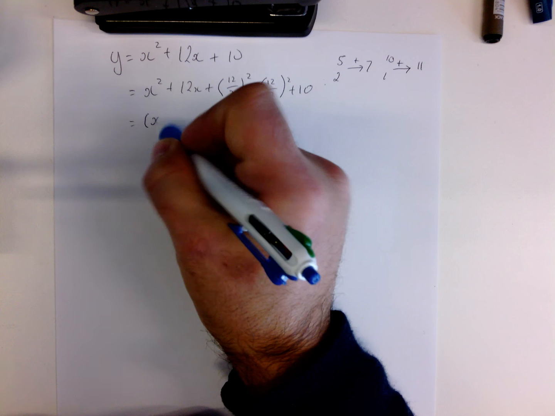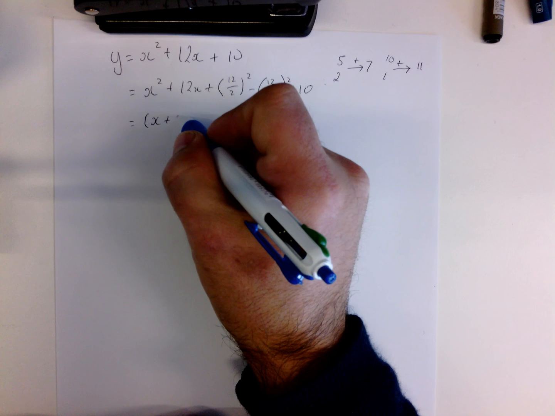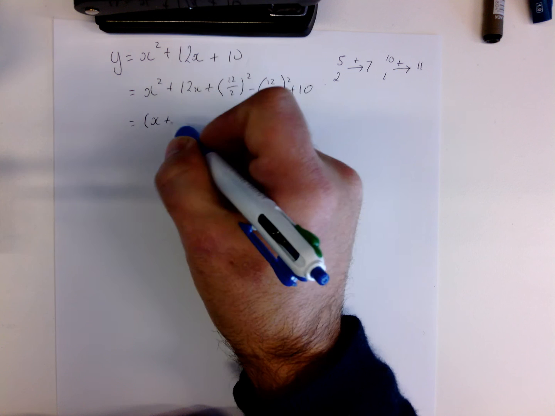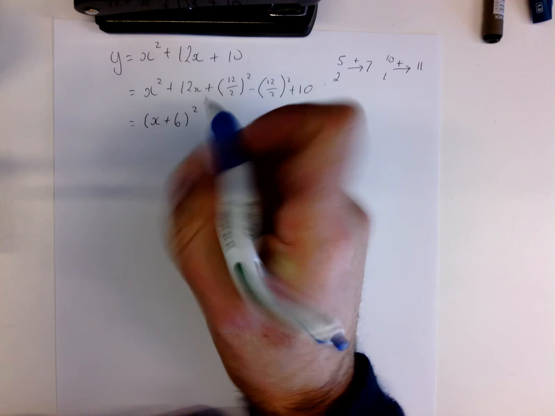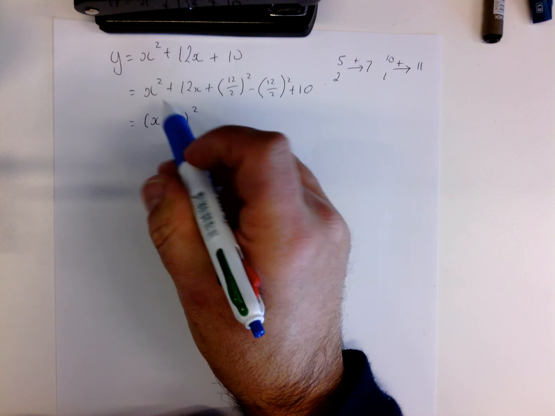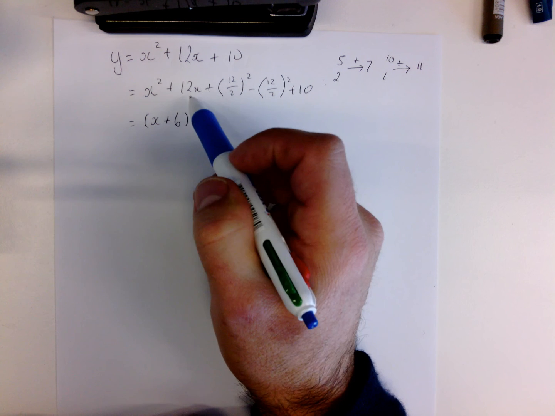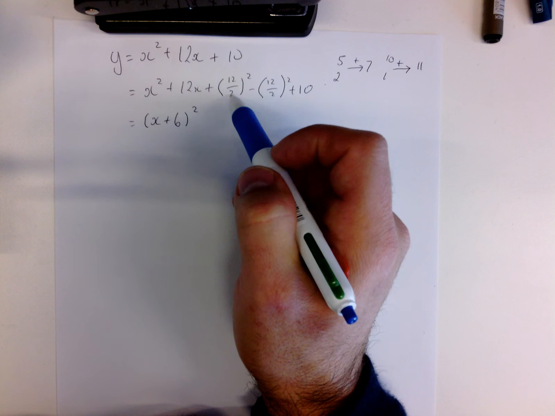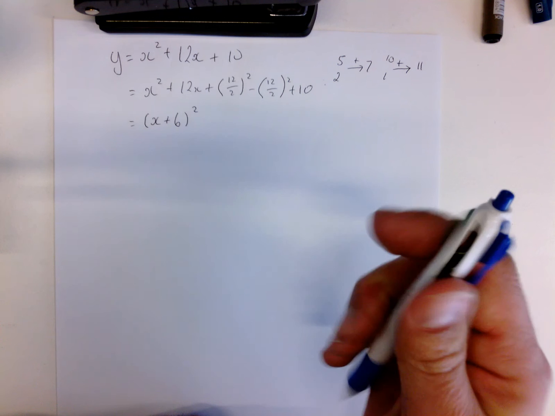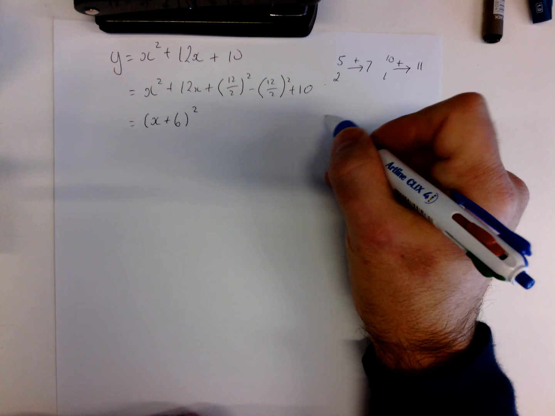Now I'm going to write 12 over 2 as 6, and x plus 6 squared can easily be expanded to give that. The reason why we go ahead and divide by 2 and square it is so that this becomes a perfect square. And I can show you if we were to